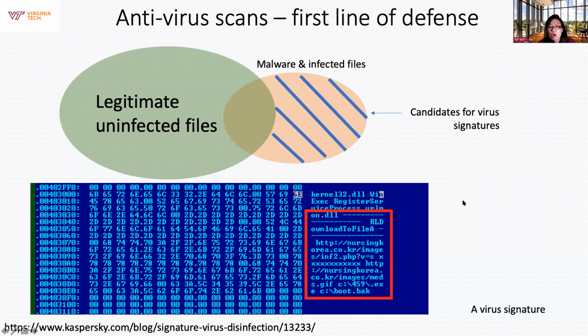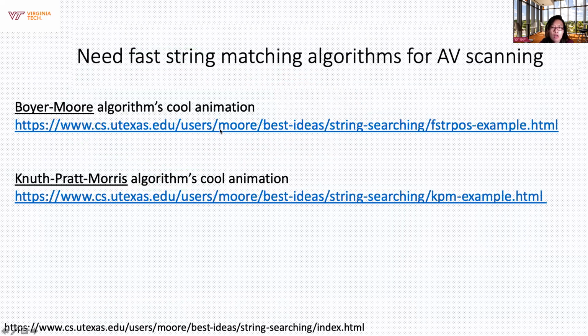It's very important, otherwise, if the signatures are not carefully evaluated and also appear in legitimate files, then you will have false alarms, which is undesirable. The basic function of an AV scanner is pattern matching. String matching is the basic function. And I want to show you